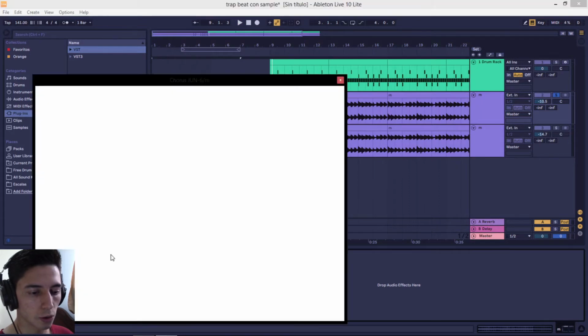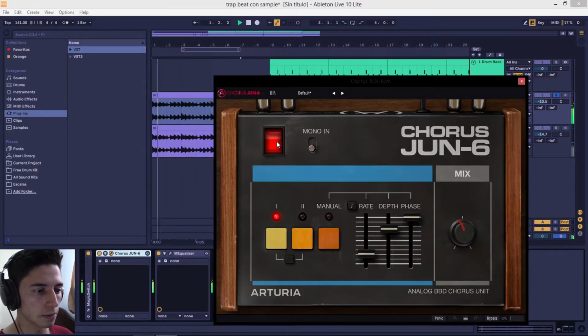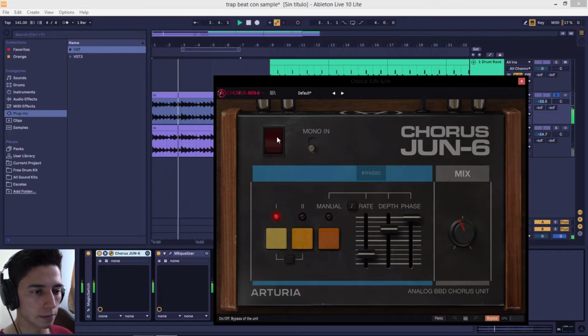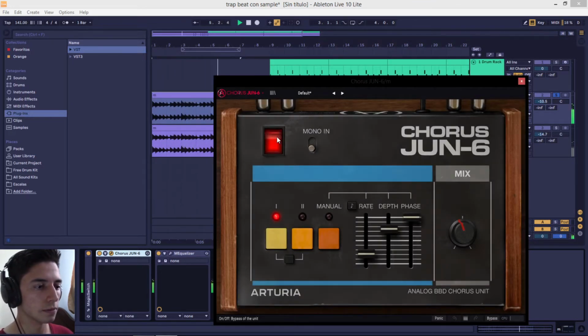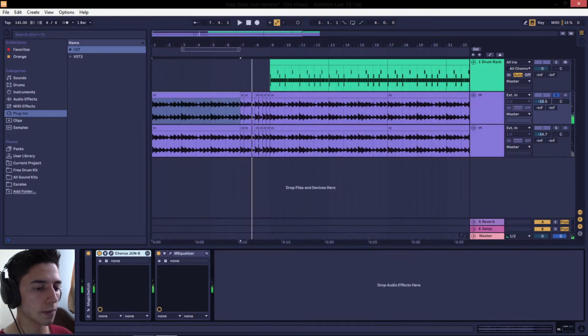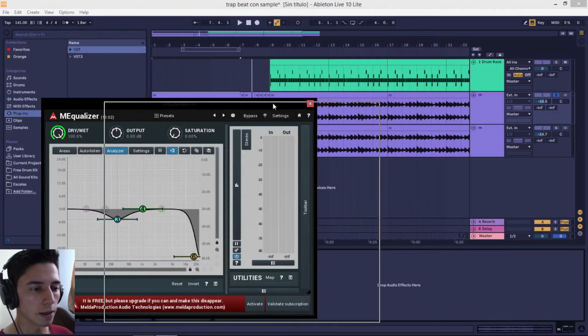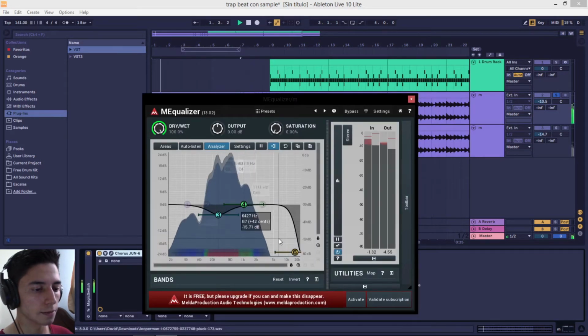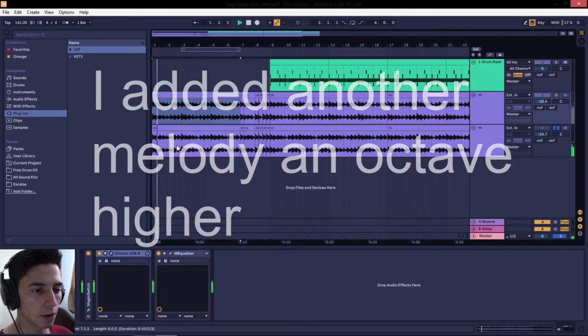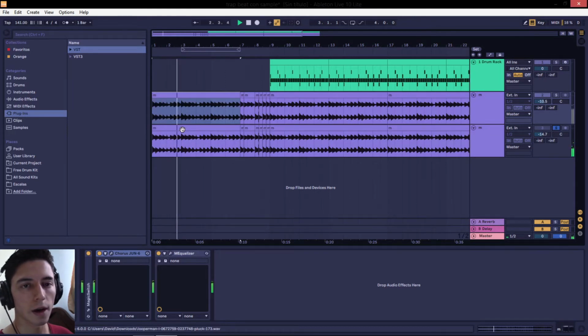Here I have the chorus. And the equalizer. Melody is like 1 octave up,